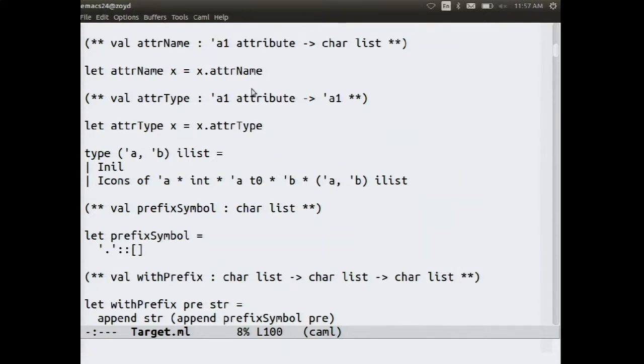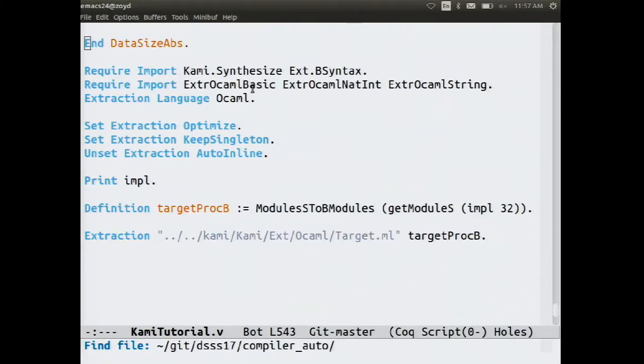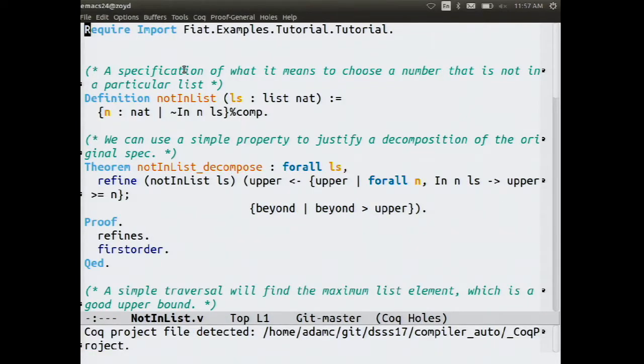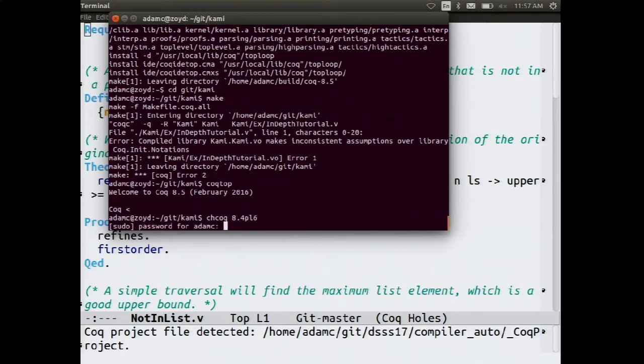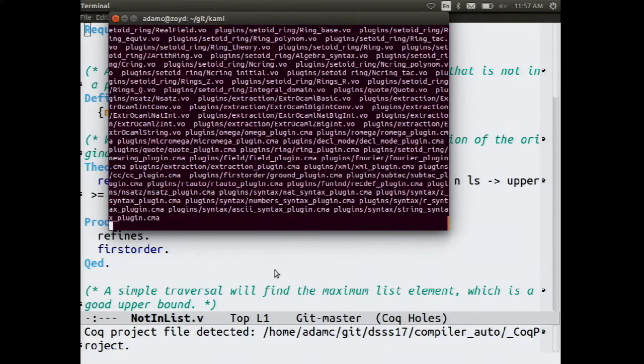I'll be talking about a system called Fiat. For this one, we need Coq 8.4 again. So here's an example of a specification in Fiat.